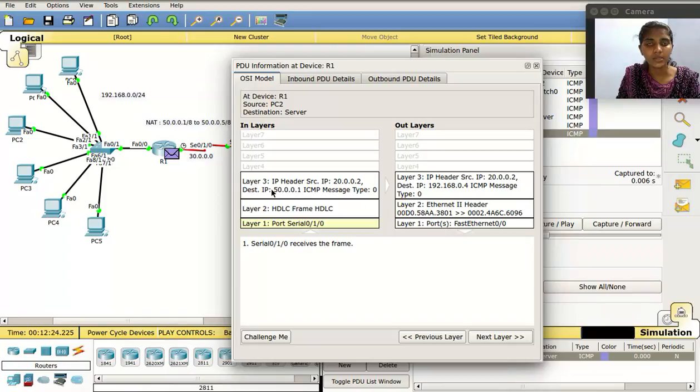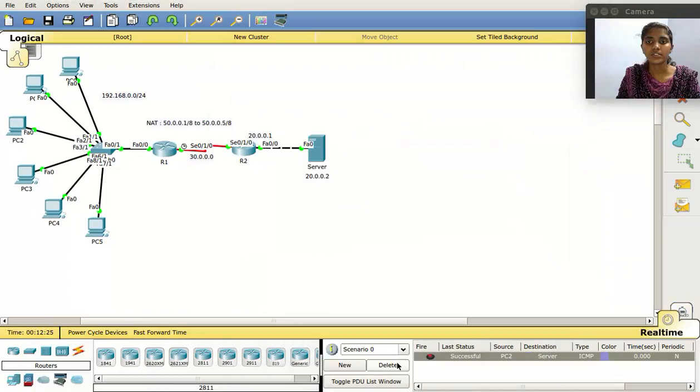But when the same packet comes to this router R1, when the packet comes in, the destination is displayed as this public address, but when the packet goes out through this interface, we can see that again network address translation happens, and it is mapped back to its original private address which was assigned to this PC. So the source is the same, but the destination has changed. So this has happened because of the network address translation that we have configured. So we are able to successfully configure a dynamic